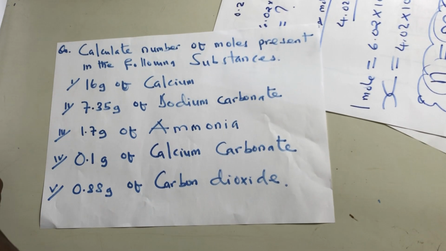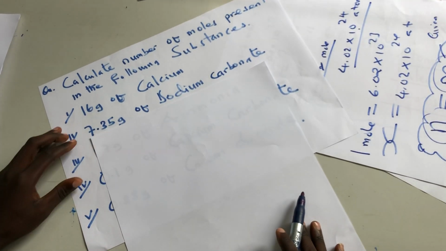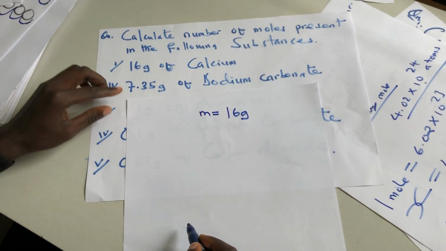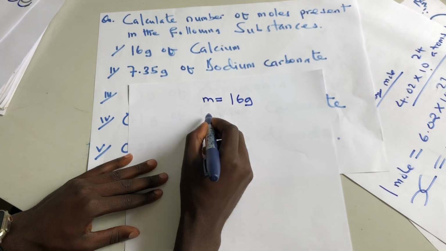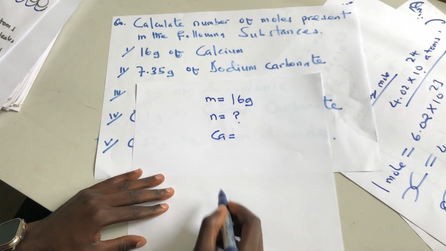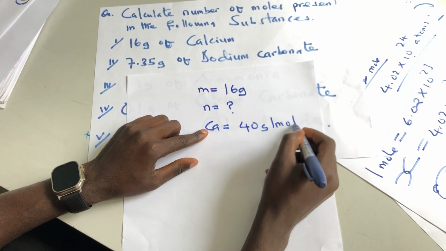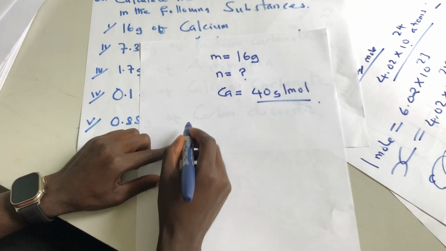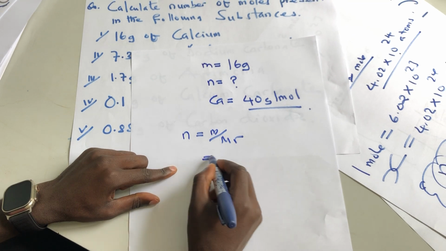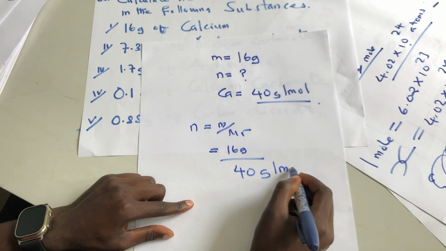So the first question is, calculate the number of moles present in the following substances. We have been given mass, which is 16 grams. We have been asked to find the number of moles of calcium. From the periodic table, the molar mass of calcium is 40 grams per mole. And from the formula, number of moles equals mass divided by molar mass. Now we have mass, which is 16 grams, divided by molar mass, which is 40 grams per mole, and then